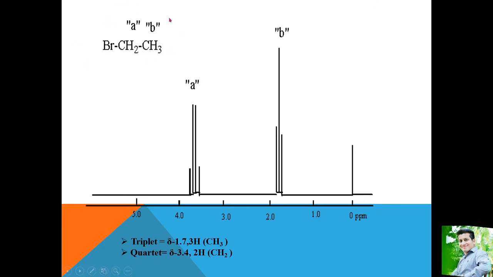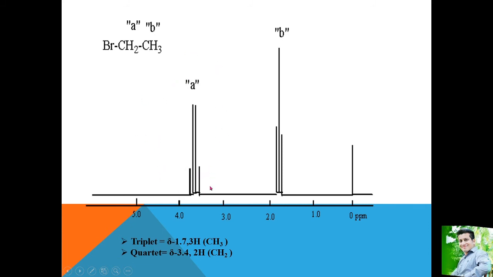Here we take the example of ethyl bromide. In this compound two peaks appear. For this CH2 the A peak appears, and for this CH3 the B peak appears. Here we can clearly see the difference: the B peak appears as a triplet, and this CH2 appears